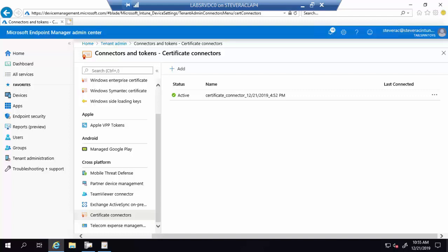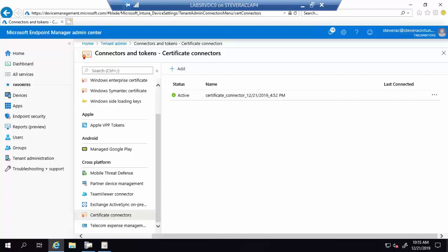The one thing that I would at this point do, if I hadn't already done it, is make sure that my trusted root certificates were exported and deployed to the devices where I do want to deploy PKCS certs. But in the previous section, you saw that I've already done that. I exported my trusted root cert. I've already deployed the trusted root cert to my iOS, Windows, and Android devices. And so I don't need to do that step here. I've already done it. And so truly, I'm ready to start creating